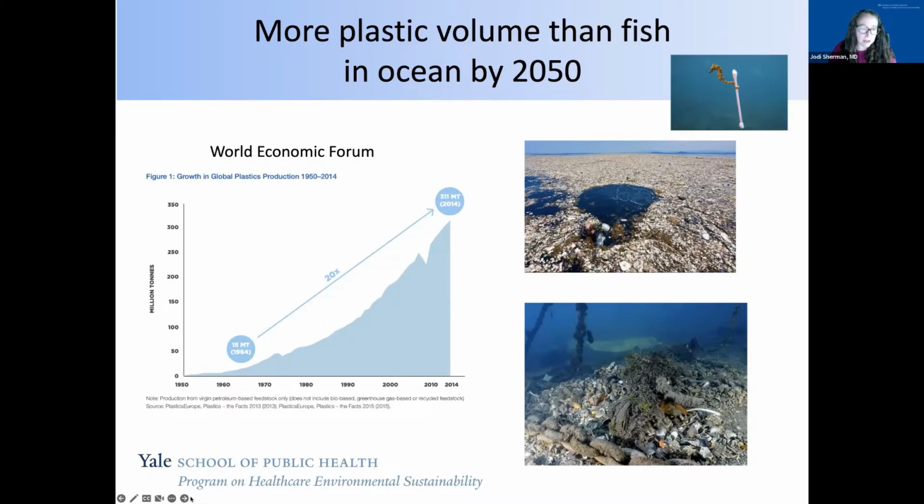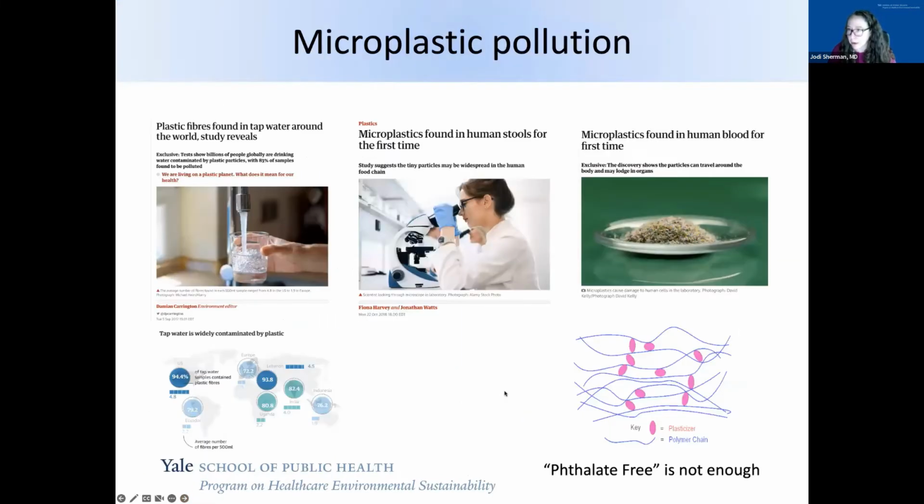And it's not just the macroplastics, it's the microplastics. You've probably seen this is now big news. Again, hard to keep up with the literature. Microplastic pollution, ubiquitous in tap water and table salt, found in stools in humans, also wild animals. And found in blood and in the lungs. And we don't really know all the damages that are happening from this. We do know these plastics are laden with chemicals,